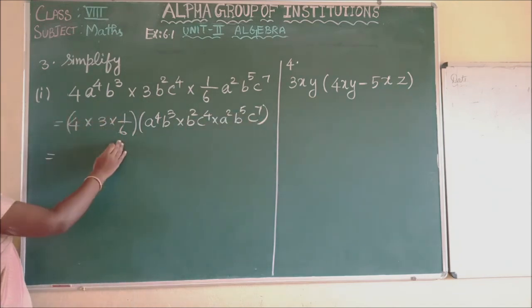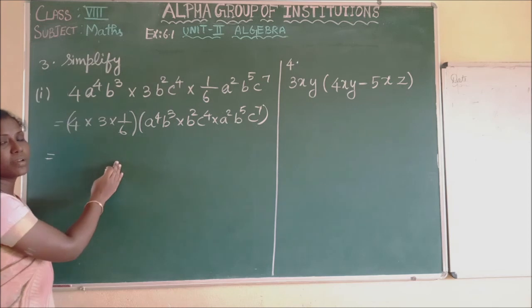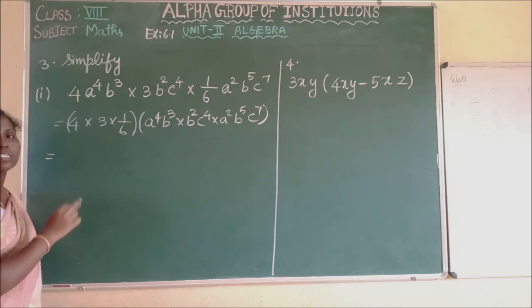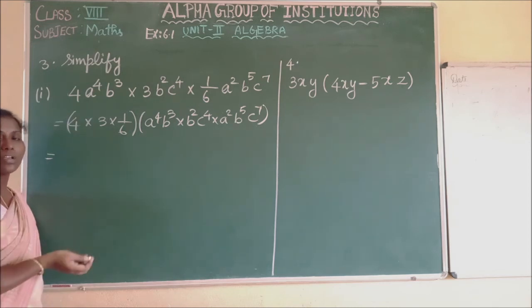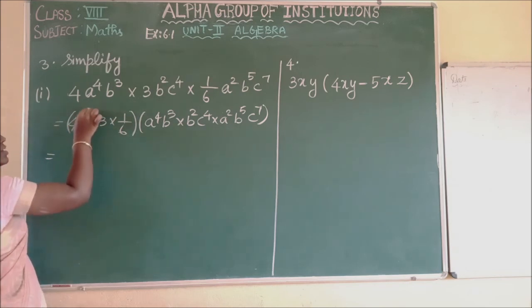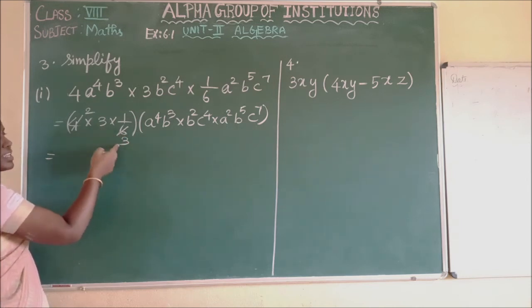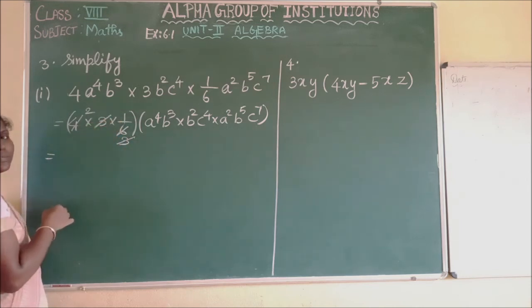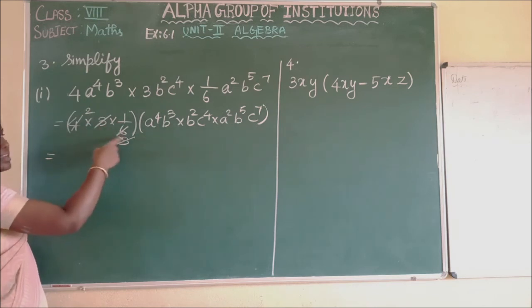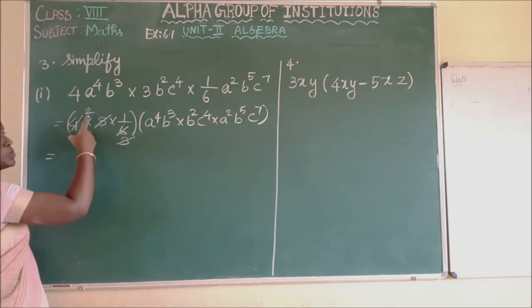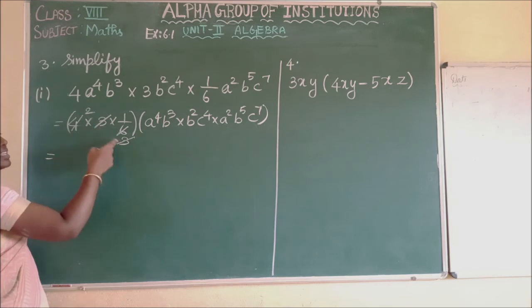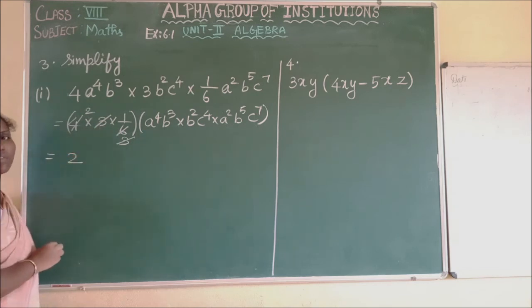We know that in our real numbers chapter we have to simplify the numbers while doing the problems. Just simplify: 2 to the 4, 3 to the 6. Apart from this, we can't simplify. Yes, we are having 3 and 3 here, so 3 and 3 will get cancelled. 4, 3, 1 by 6 is there, so I am simplifying first by 2: 2 to the 4, 3 to the 6. Again 3 will get cancelled. So the only number we have is 2. So the numbers are simplified here.